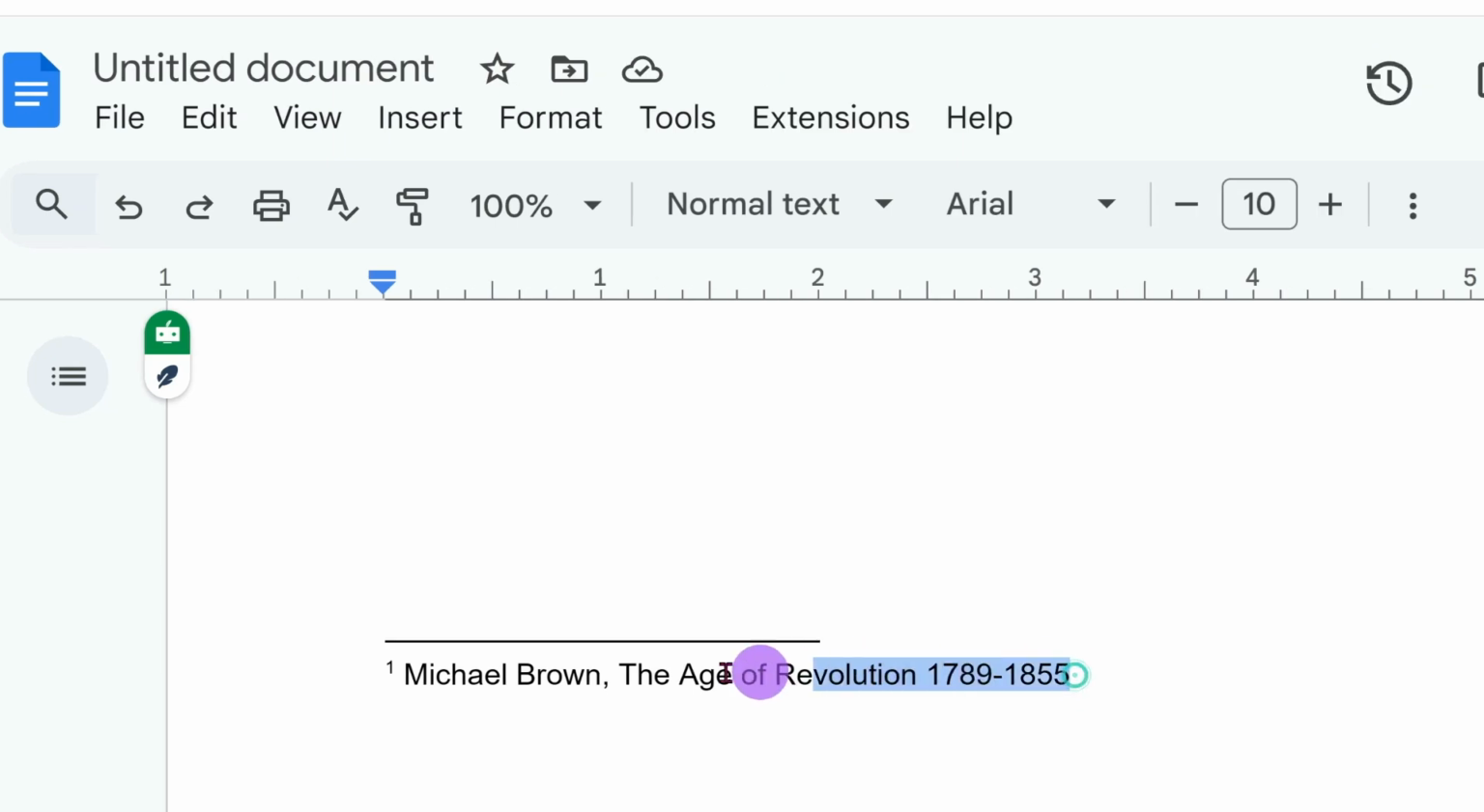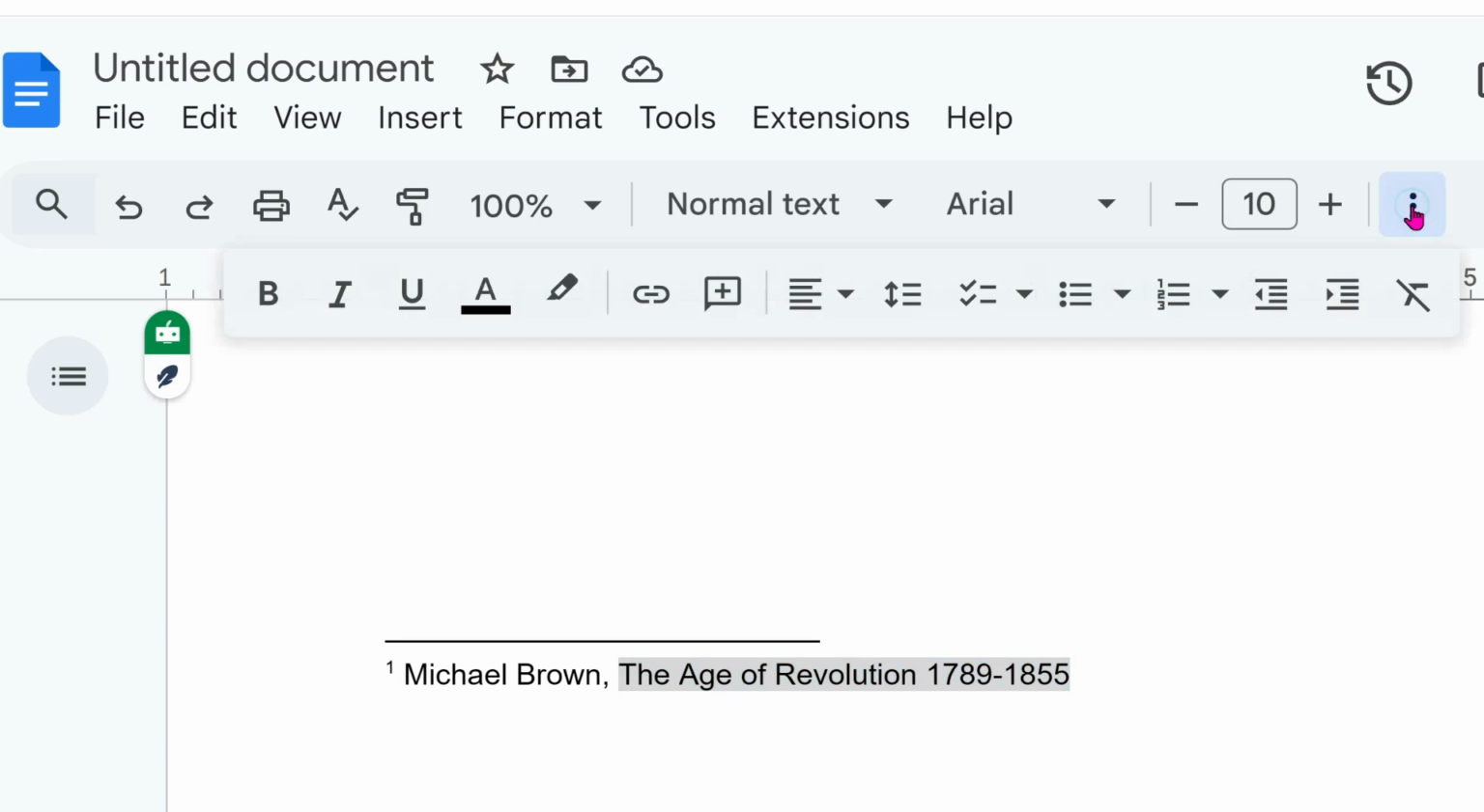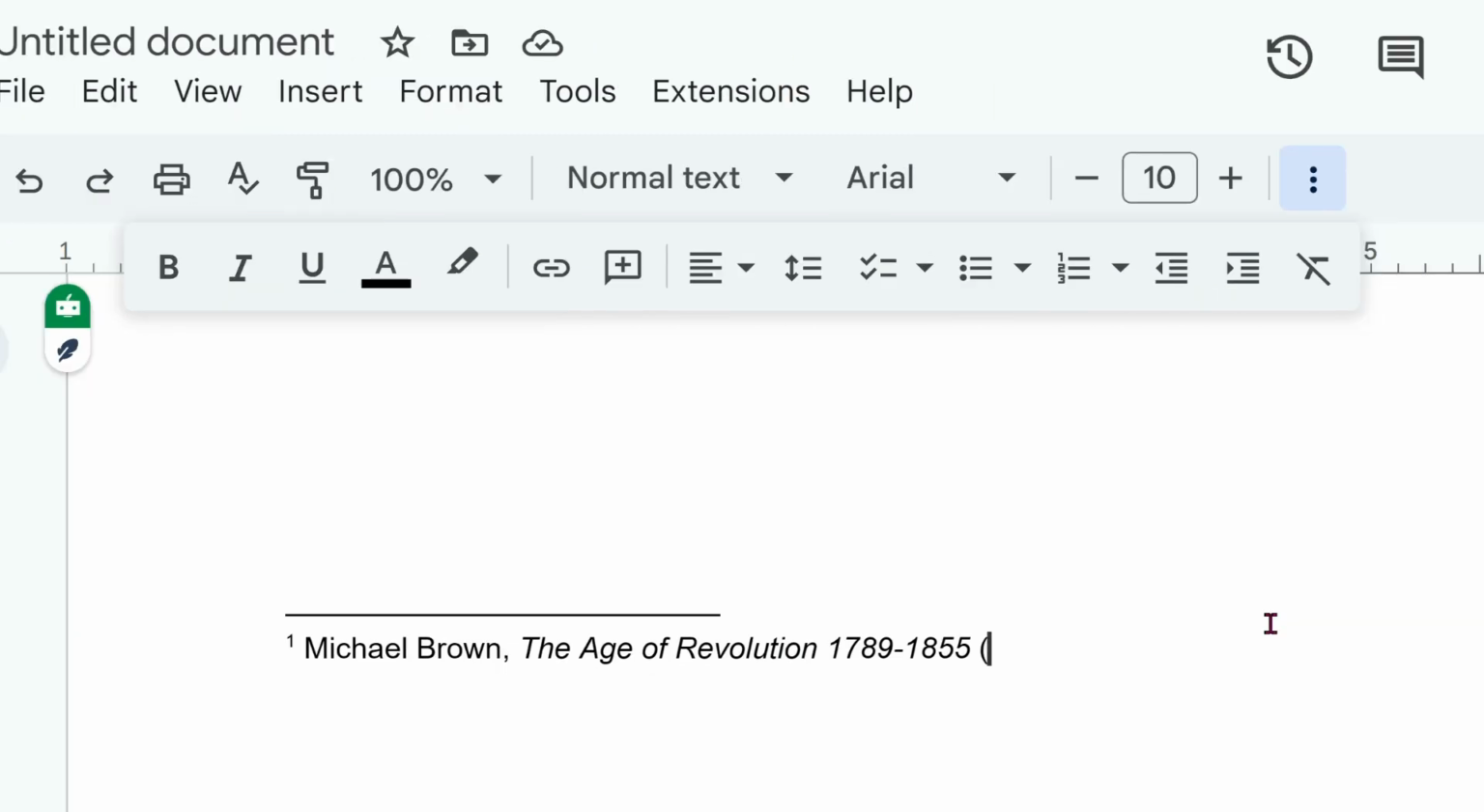Now select the book title and years. Click on these three dots and make it italicized. And now remove the italicize and now open the bracket and now put the city and the place of the publication. For example, Cambridge,